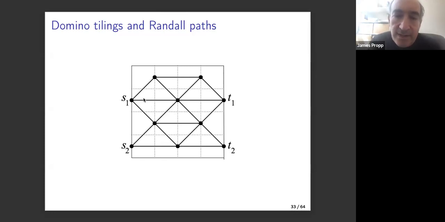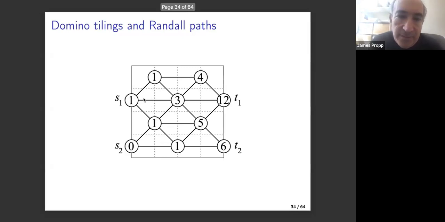So now we can count non-intersecting lattice paths using Lindstrom's lemma. Here I'm showing, for each vertex, how many paths there are from S1 to that vertex. For example, in this circle, there's only one way to get from S1. In this circle, there's only one way to get to S1. In this circle, there are 3 ways to get to S1, because you get there from here, or from S1 itself,